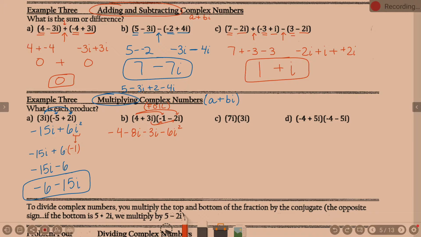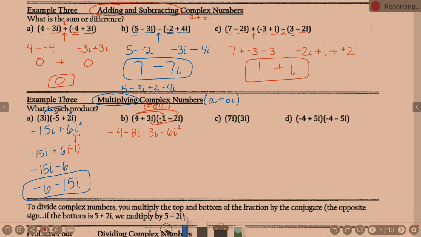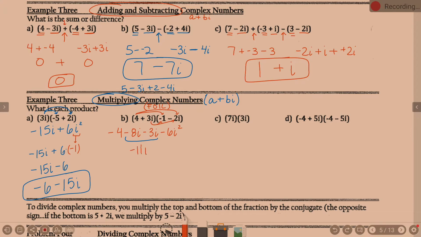Okay. What pieces do you see here? The i's. Okay, the i's. I'm assuming you're saying that minus 8i and minus 3i, we go back to basic algebra terms, are like terms. So what do you know about minus 8i minus 3i? That's going to be minus 11i, because 8i's plus 3i's are 11i's. We still have out front the minus 4, and then minus